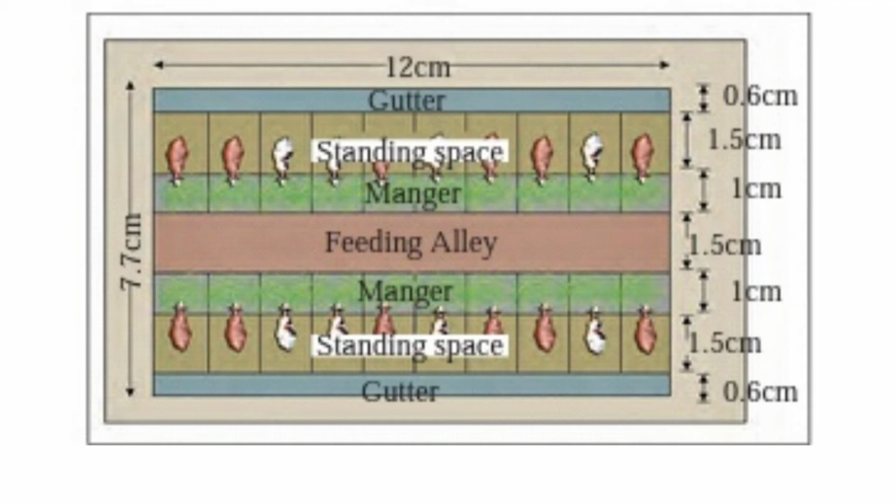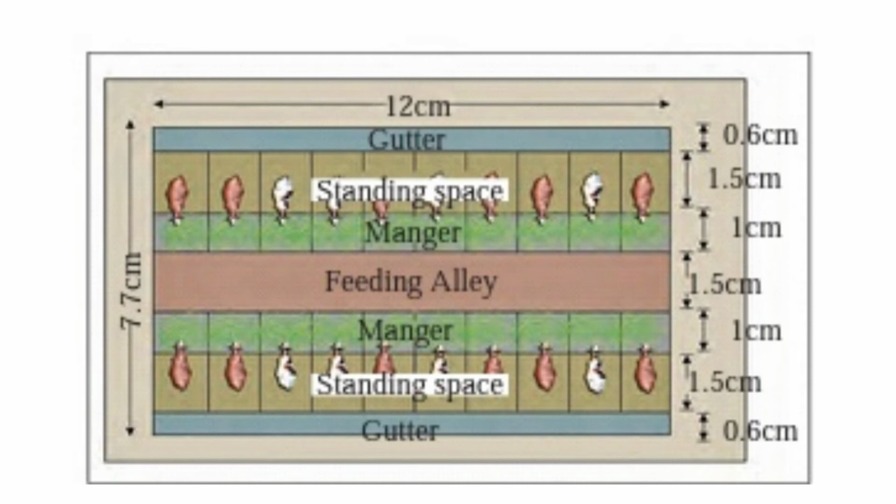Now these are the heads of animals. These are the heads of one row, and these are the heads from the other row. Now at the back side, the gutter is provided. This is a row, this is the back side of the animal where gutter is provided for this row, and gutter is provided for this row at the back side, and some measurements are also given. We need to know only that the heads are facing each other and the gutter is located at the exterior of the animal house.